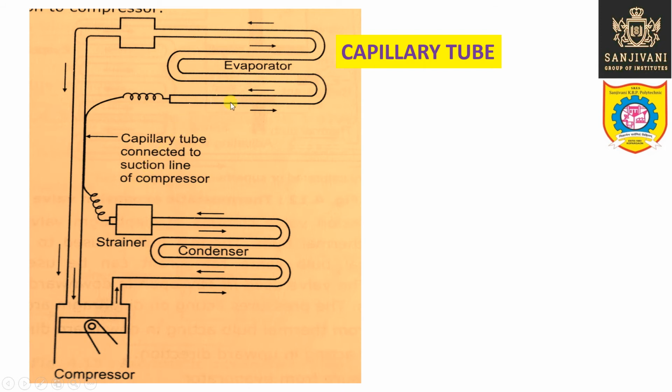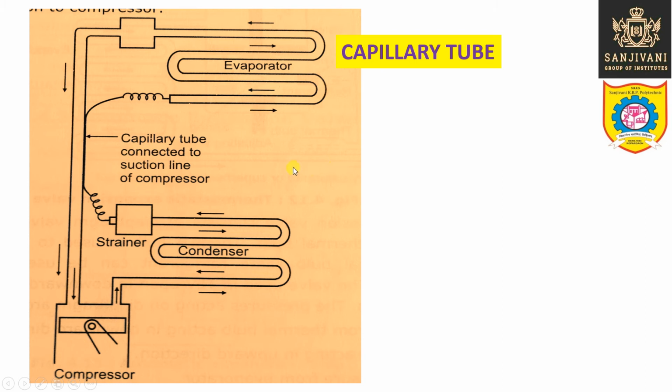Here the refrigerant which is going to the compressor from the evaporator is at low temperature, and the refrigerant passing through the capillary tube is at high temperature. So this refrigerant will be cooled initially in the capillary tube by regenerative cooling, and the refrigerant going to the compressor, whose temperature is low, will be heated in a regenerative way by the refrigerant flowing through the capillary tube. So this portion acts like a heat exchanger. There is a small regenerative heat exchange taking place here.